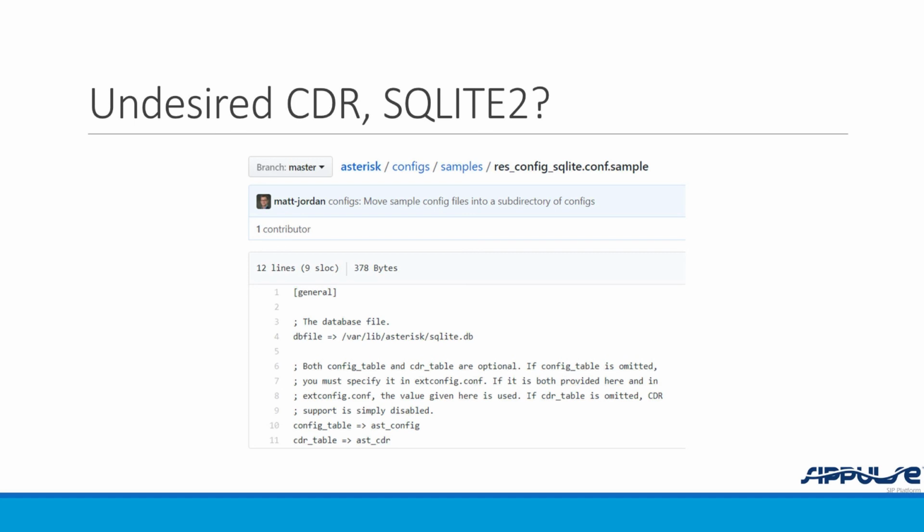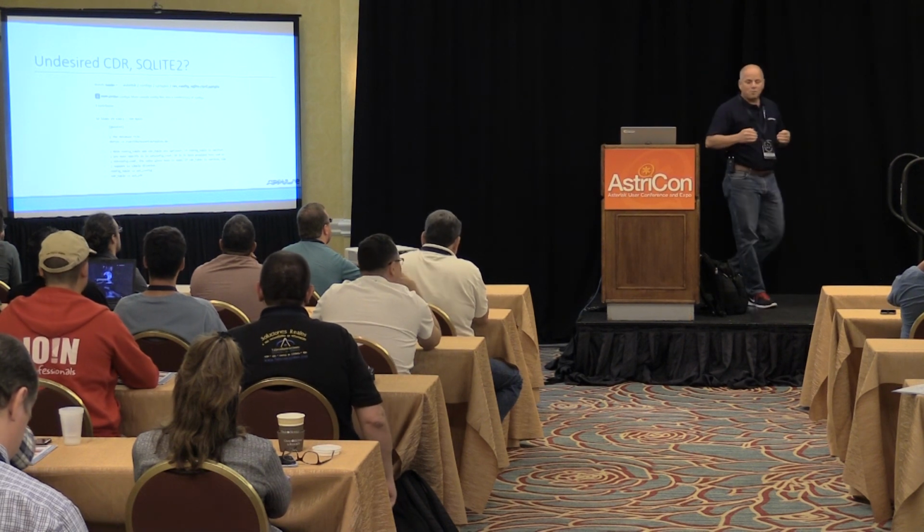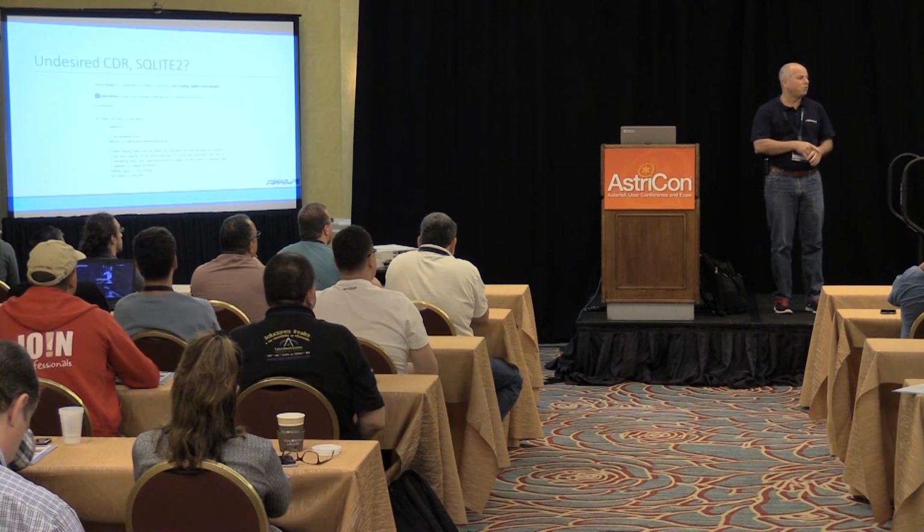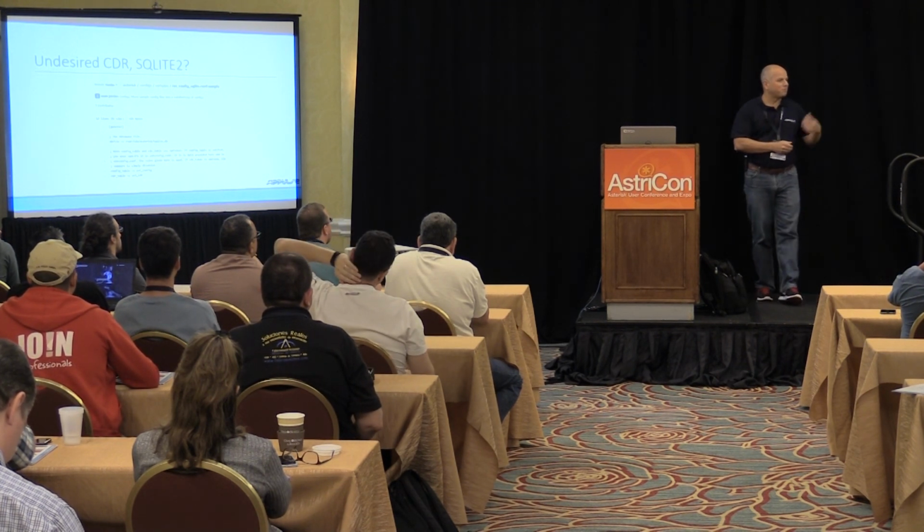But Asterisk real-time for SQLite 2 really points to a file, the SQLite DB, and it generates a CDR. So all Asterisk 13, all Asterisks since Asterisk 11, are generating CDRs for nothing. If you do make samples, they will insert this configuration file there. Once you remove the SQLite 2, you remove the module, put a noload for res_config_sqlite, the performance of the channel doubles.